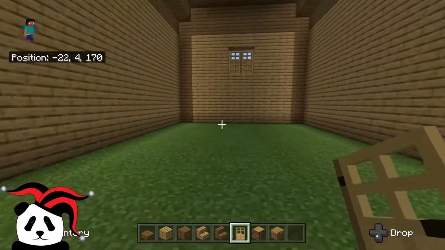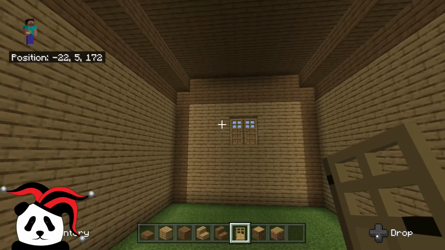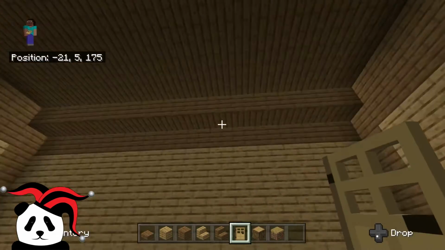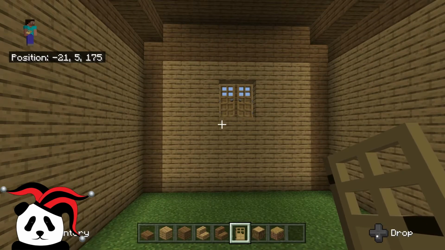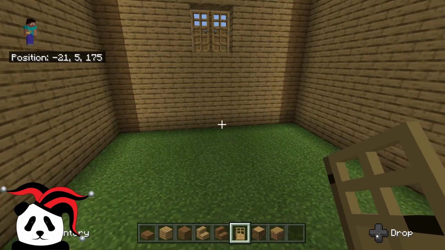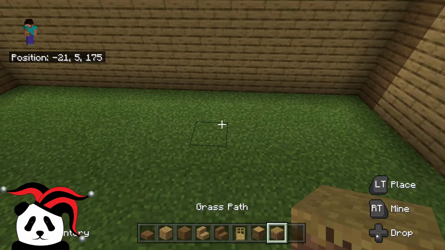Oh, I am not on the ground. That explains that. Okay, so as you can see, there is like one row from the roof, but that's it, and that makes it more spacious. So the first thing I'm going to do is punch out this floor, and I'm going to put in grass